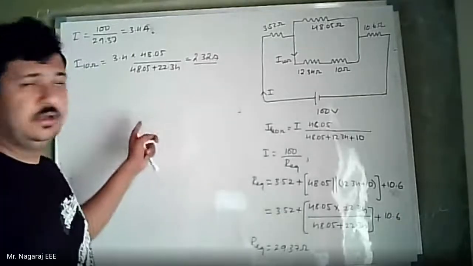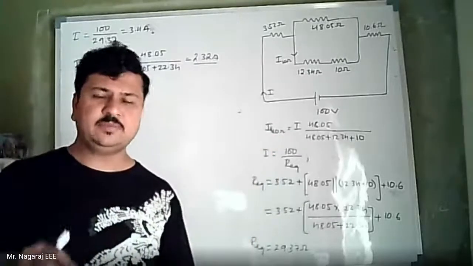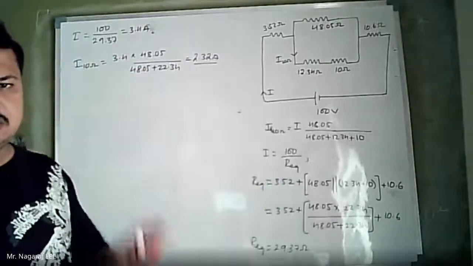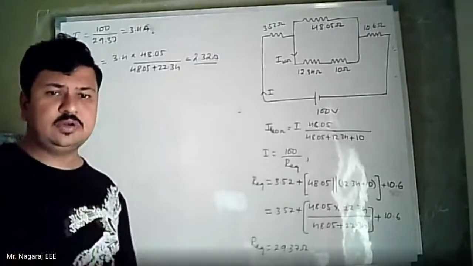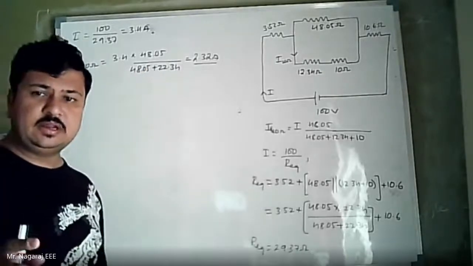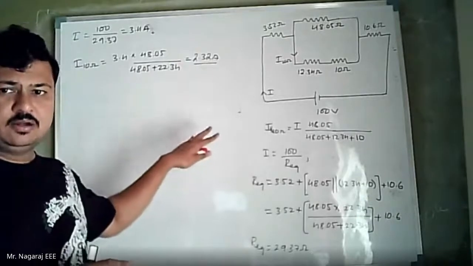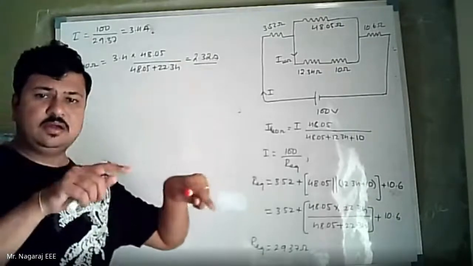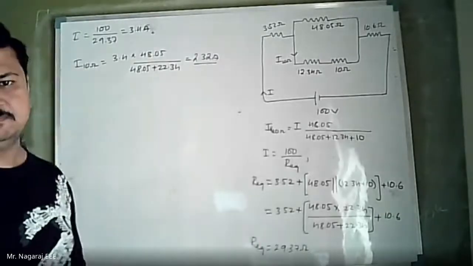So in the circuit, I have taken two end delta connections and converted them into star. As practice, you can take the middle two star connections, convert them into delta, and observe whether you get the same result, and whether converting star to delta makes coming back to equivalent resistance simple.